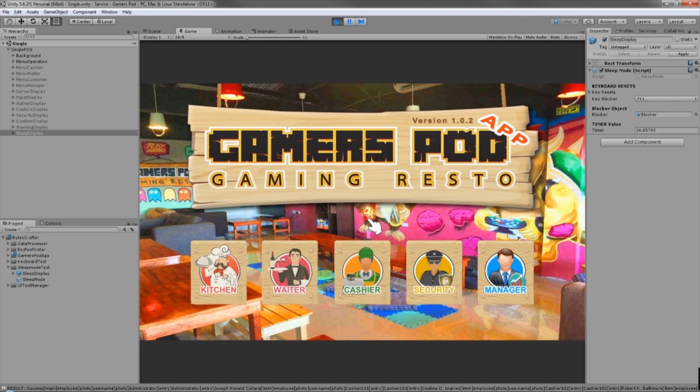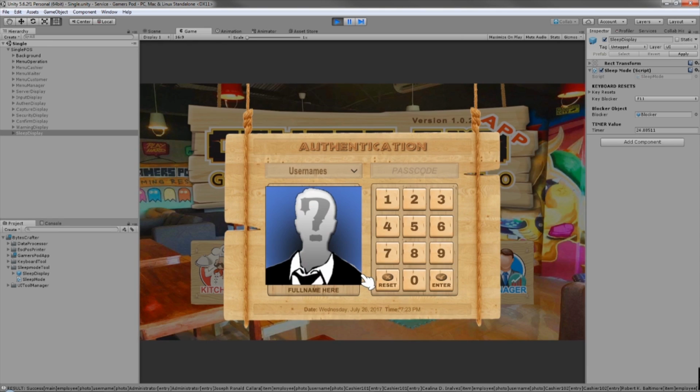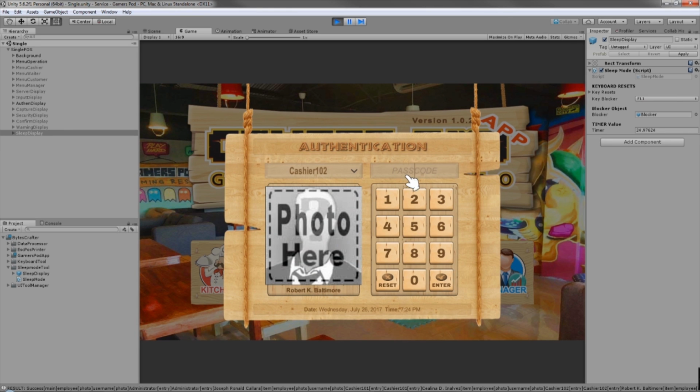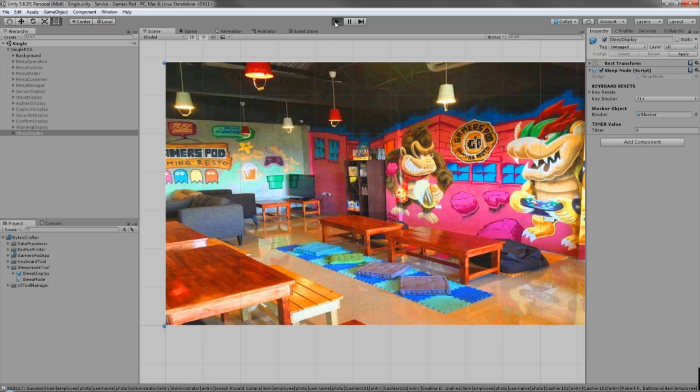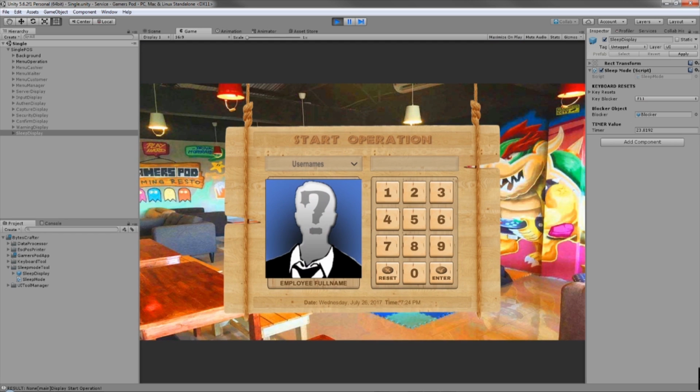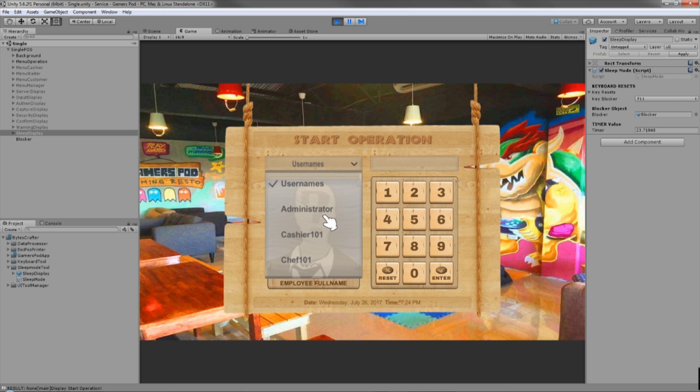So the next thing is the cashier. Now, for example, I am cashier 102 and I should log in because the operation has currently started. I didn't show the start operation because there is a current operation. After server initialization, before you go into that, it should start here on the start operation.